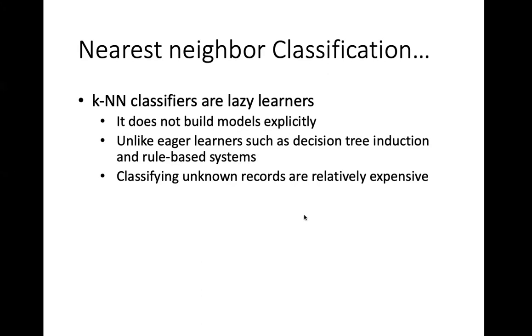Okay, so the term which is used is that the k nearest neighbor classifiers are called lazy learners. Why? Because they do not build the model explicitly, whereas decision trees are eager learners because they very quickly want to make a rule. But the nearest neighbor is lazy; it's not trying to make a rule. Therefore, as you get more and more samples, the classification will become very expensive, because you have to go on computing the distances to all the samples.